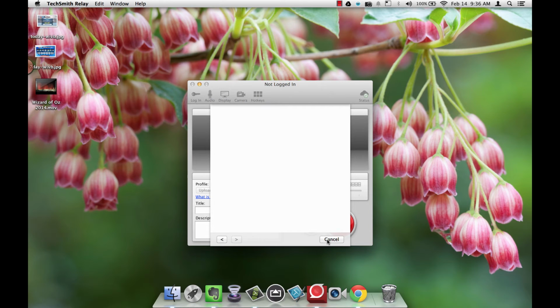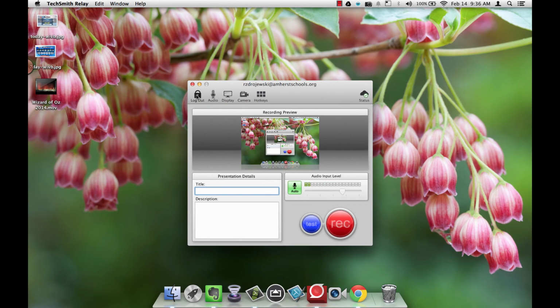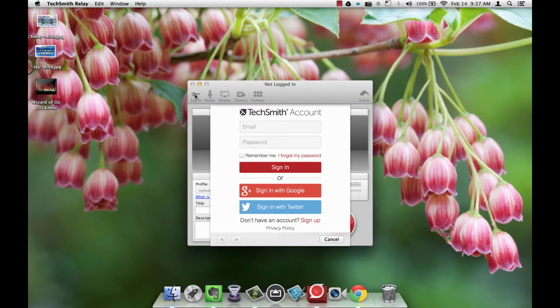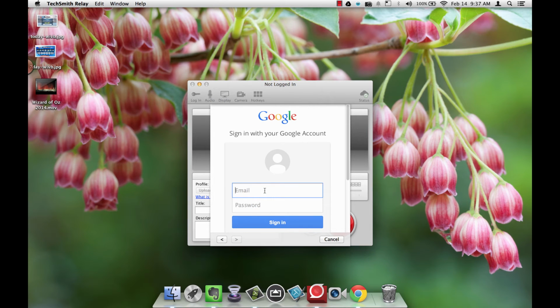Let's see if I'll log out so I can see what that login process looks like. Alright, so I am logged out. So this is what it'll look like for you when you first install it. You'll go here to log in. In fact, I think it'll prompt you to log in when you first launch it anyways. And then remember, we're always using this option here to sign in with our existing Google accounts. And as long as you do your appropriate one from school at amherstschools.org,